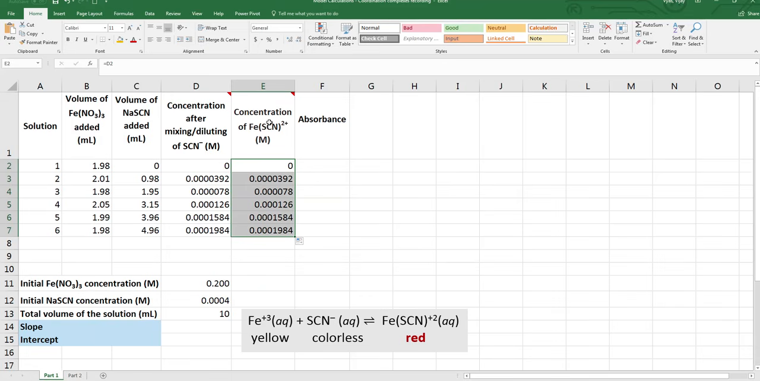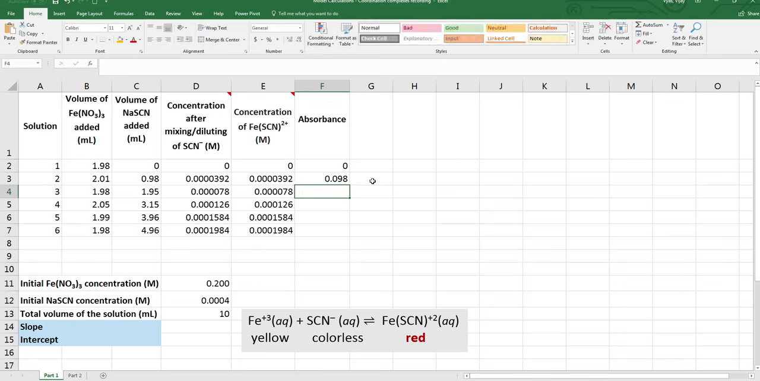So that's your concentration of iron thiocyanate in each one of these. All right, now absorbance measurements is what you will be getting from the instrument. And let's type some random numbers here too. You have zero absorbance for the blank, and for others